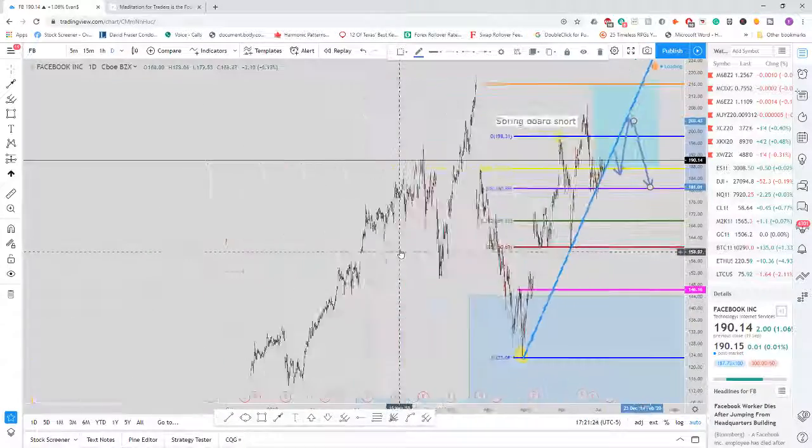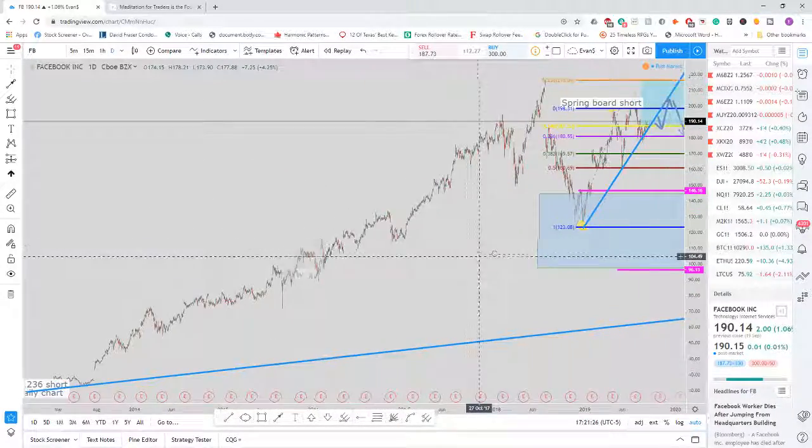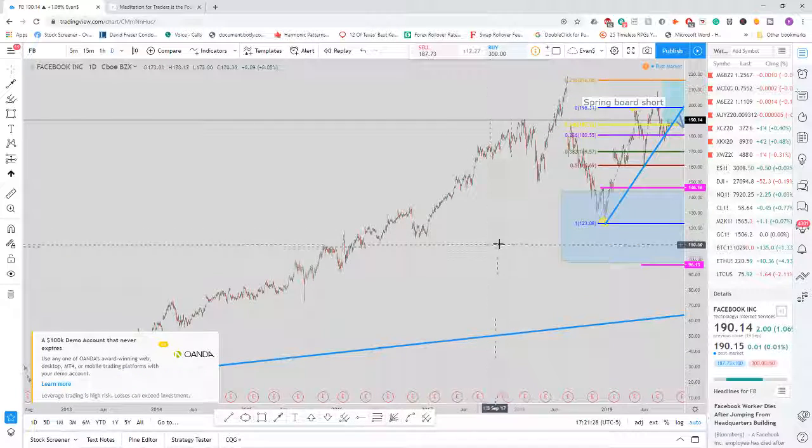Like I said, long term bullish on Facebook, but for this setup right here, I'm definitely short until this